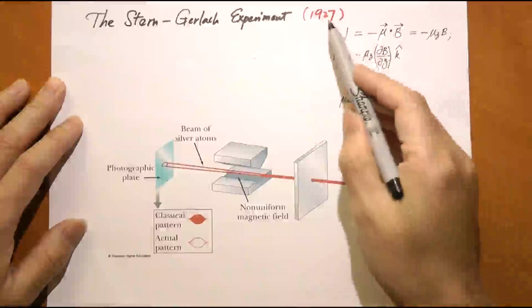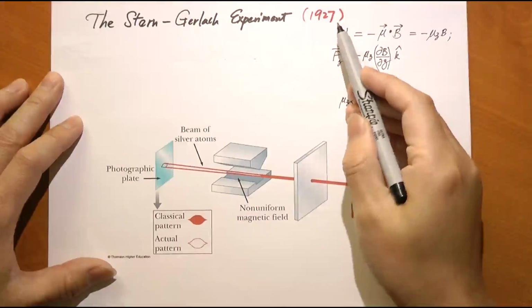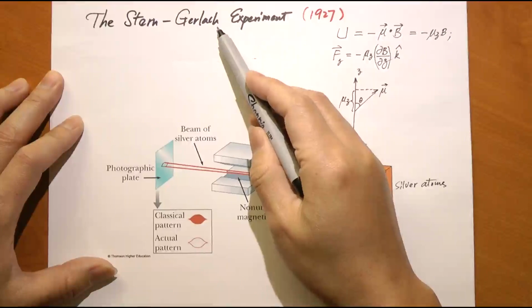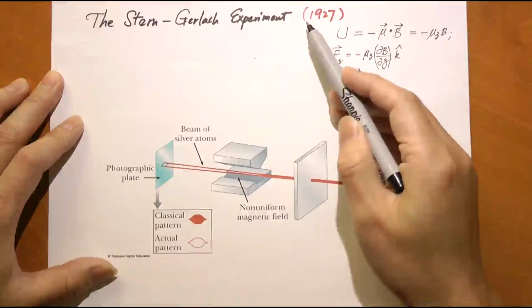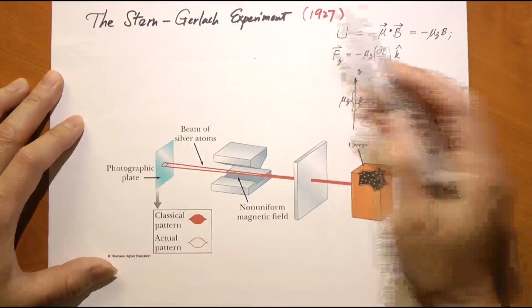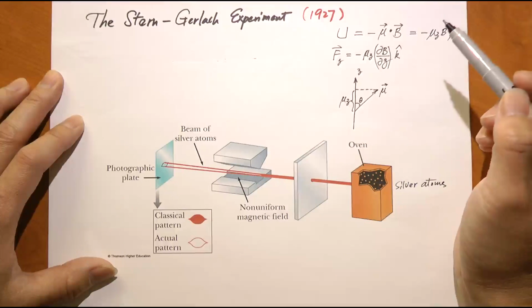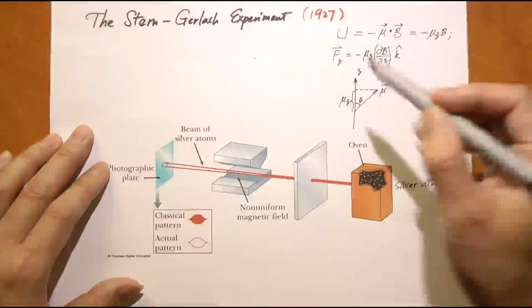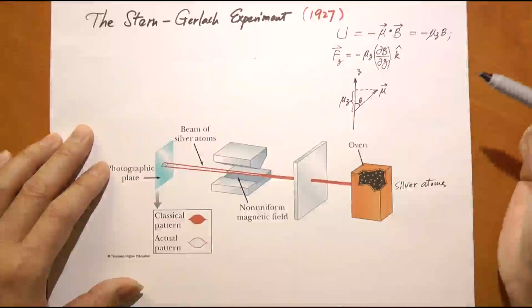We now fast forward to 1927. This is when Stern and Gerlach, two physicists, did the Stern-Gerlach experiment, which really convinced people of the existence of electron spin. So the idea was this: whether it's spin or not, if you have a spin, which is an angular momentum,